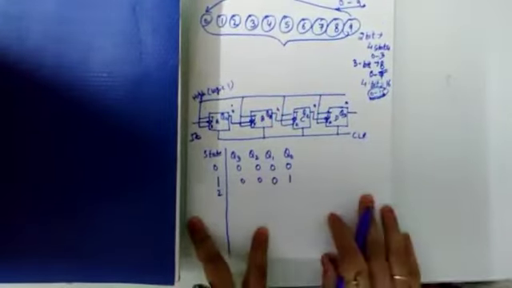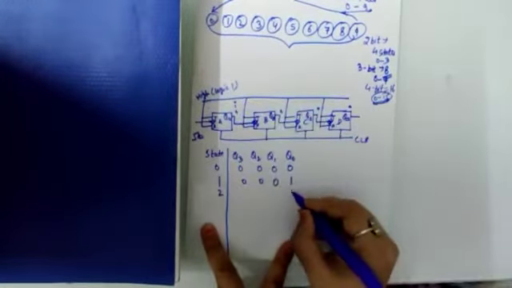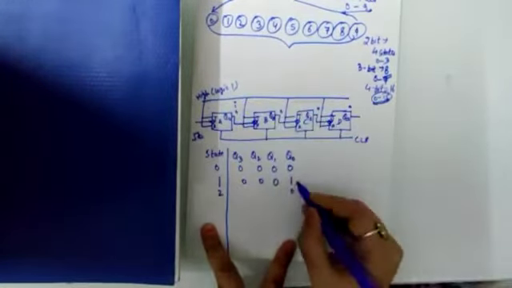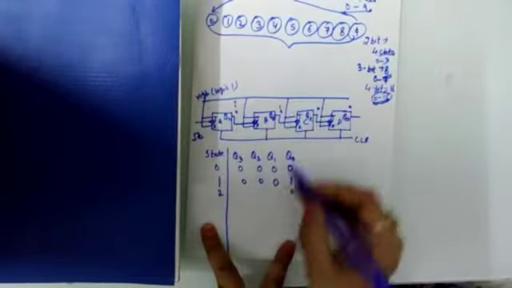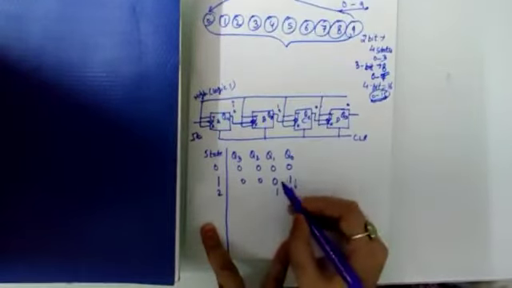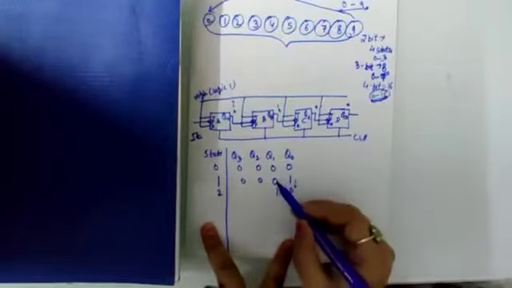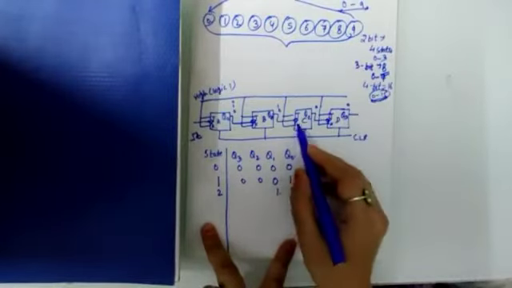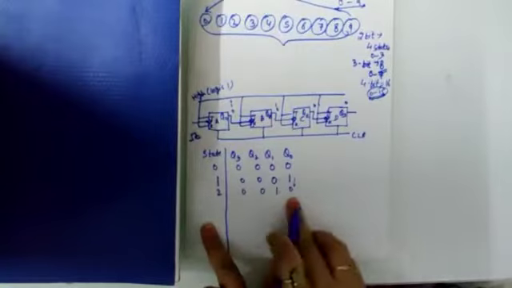Now we give the second clock pulse. Again for the second clock pulse it toggles, meaning the transition goes from 1 to 0. Transition goes from 1 to 0, so it will trigger the second flip-flop. So it will also toggle and its output changes to 1. Now there is a transition from 0 to 1. So this 0 to 1 will not trigger the third flip-flop. So output remains the same. So in the second clock pulse it will count as 2.